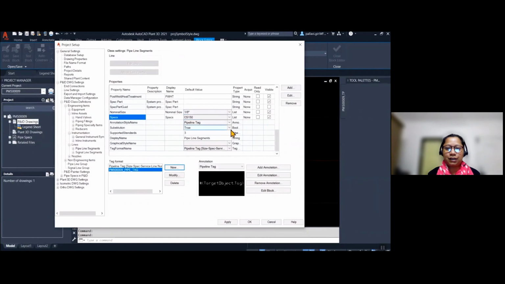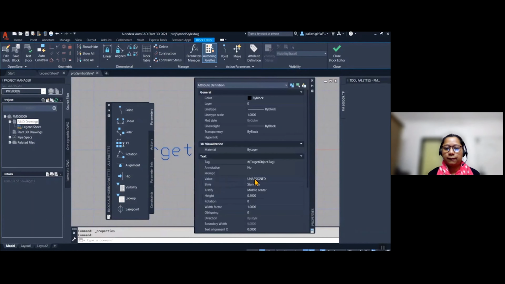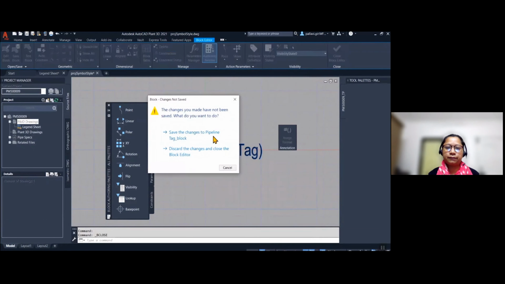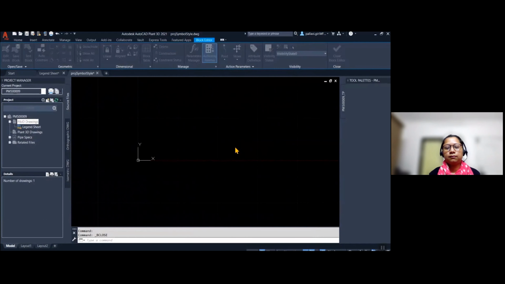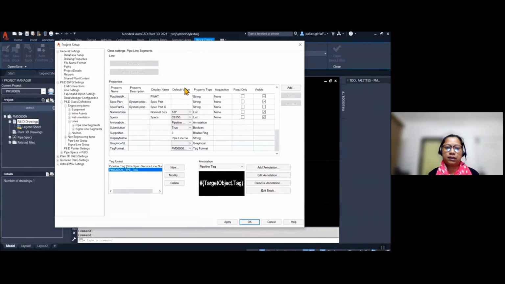Also, I need to make changes from this drop down, and the last one is annotation, which I'm going to edit. So here I'm going to select my style, which I have added for the text. So these things are added. We just need to click on apply and OK.